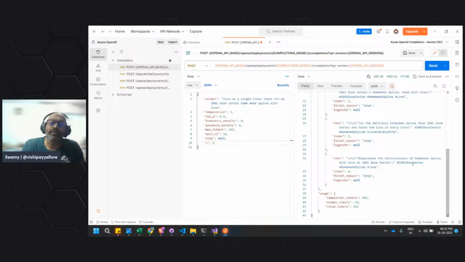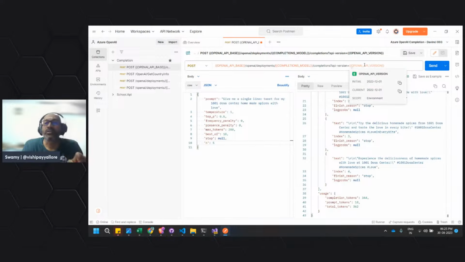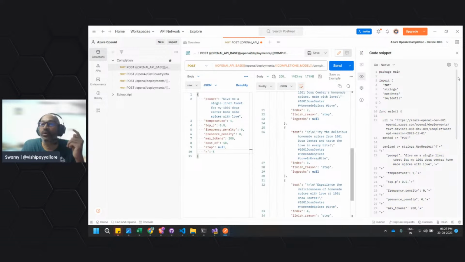Okay. So now let's see, one important point is the OpenAI API. This is very important. And the completion model is the deployment name, and version. We should not get confused with the model version. This is the API version. Okay. And somewhere in the authentication, we need to pass the token also. It is going. Now once we get this, you can play around to get the code.